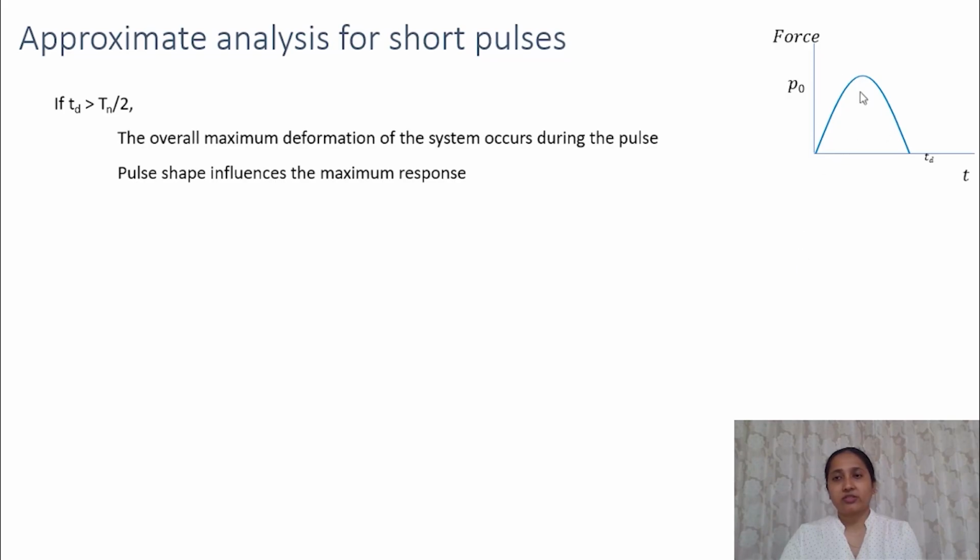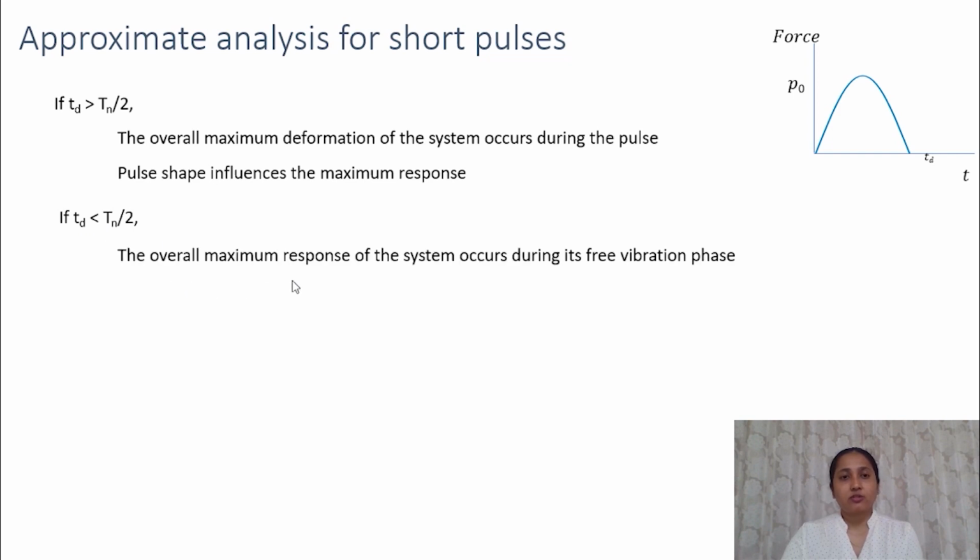Here, the load application is gradual. So, when Td is greater than Tn by 2, then the shape of the pulse influences the maximum response. When Td is less than Tn by 2, then the overall maximum response of the system occurs during the free vibration. That is, the maximum response happens after the pulse,